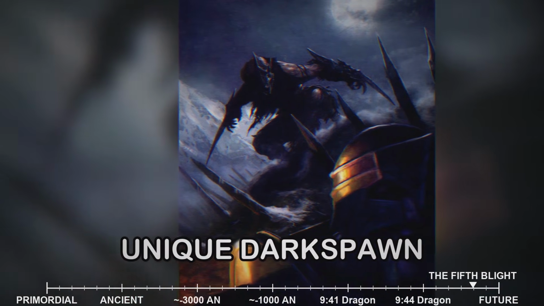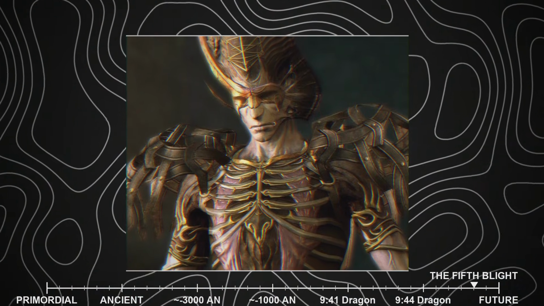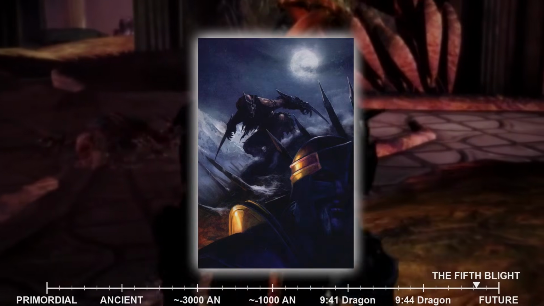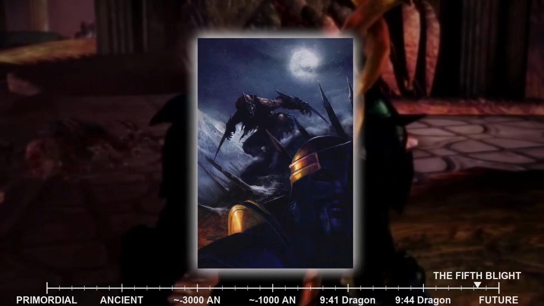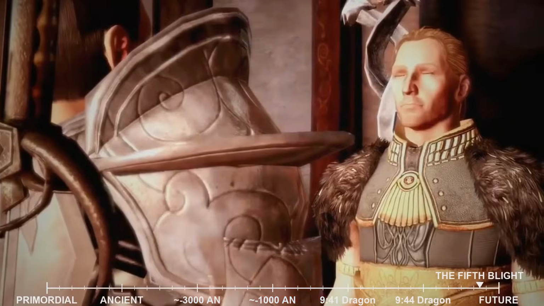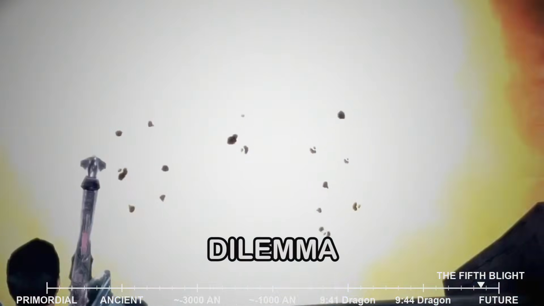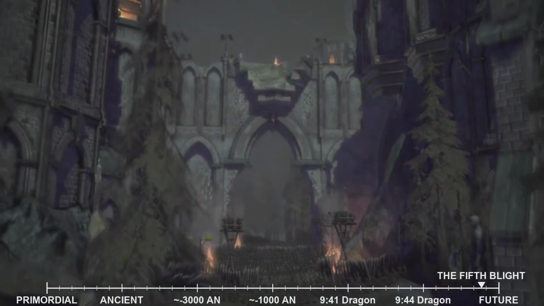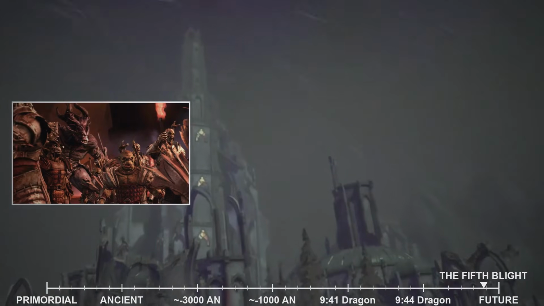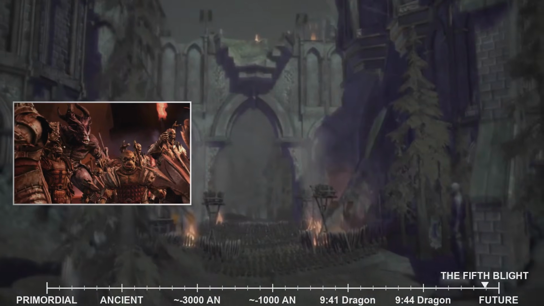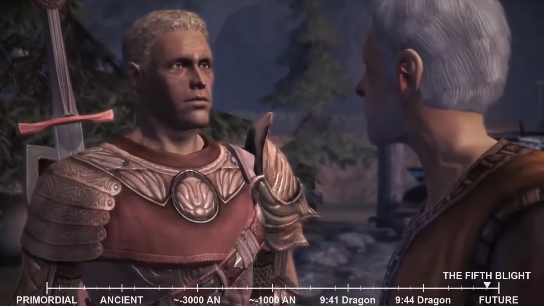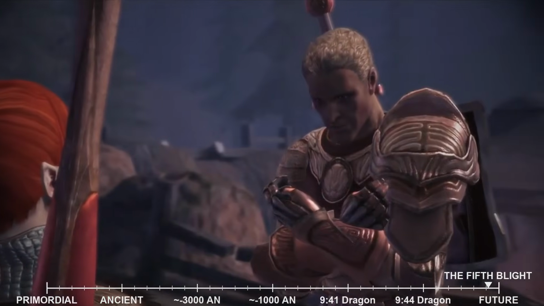The architect explained its desire to end the Blights, not through destruction, but through liberation. It sought to free the darkspawn from the compulsion of the old gods, believing that without their influence, the darkspawn could evolve beyond their destructive nature. This confrontation forced the Warden Commander to grapple with a profound ethical dilemma. Could a darkspawn, the sworn enemy of all life, truly possess a noble goal? Was its method, which involved horrific experiments and the creation of a new, intelligent breed of darkspawn, justifiable if it led to the ultimate cessation of the Blights? The architect's very existence challenged the core tenets of the Grey Warden's purpose.